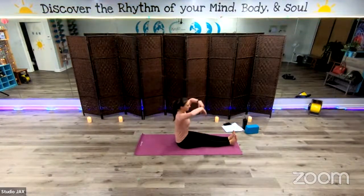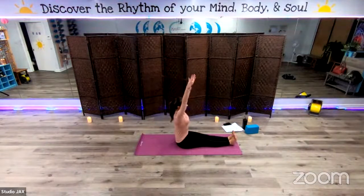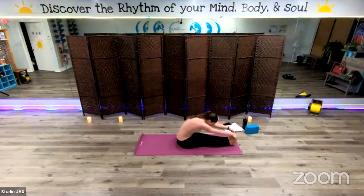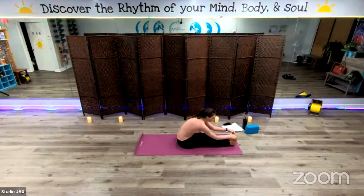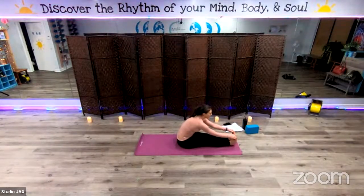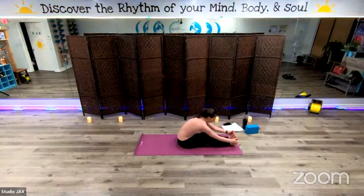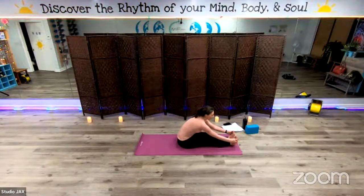And inhale to bring your arms up to the ceiling. Exhale, folding down to a forward fold. Letting your fingertips rest over your toes. A nice long spine here, not letting your back round out. Whether that means bending your knees a little bit to bring your torso closer to your thighs. Maybe straightening one